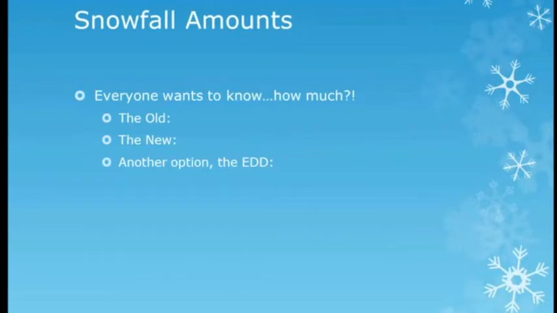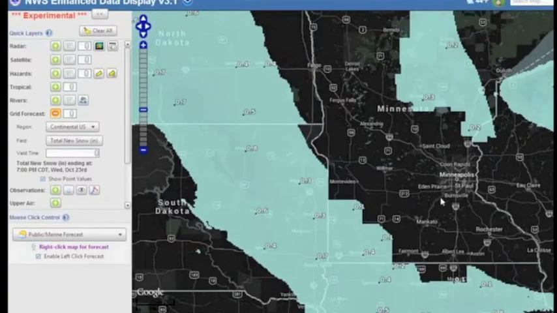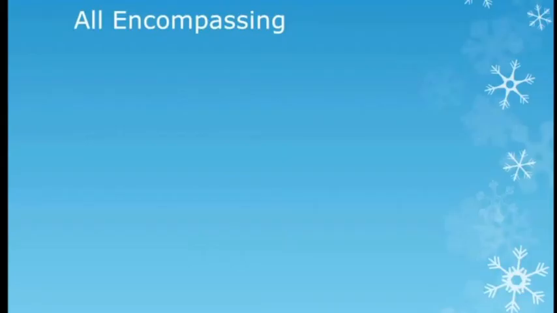And then lastly, another option which we haven't really used yet, using the enhanced data display again to grab snowfall forecasts. I just grabbed this earlier today, so there's not much in the forecast for the eastern Dakotas into Minnesota. But just to show you, if you haven't used this tool before, it's very user-friendly. You can overlay total new snow as one of the fields out of the grid forecast, and choose what time you want, from now until that end time, to show the snowfall forecast. So again, you don't have to worry about stepping on your neighbor's toes by saying more or less snow than they had in the forecast. This way it shows truly what all our offices are forecasting put together. And that's very quick to grab again.